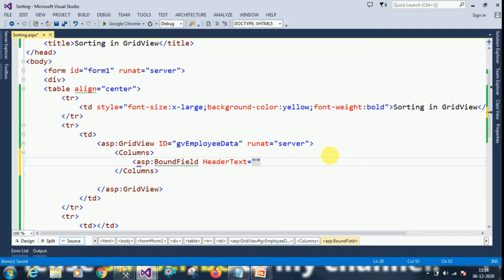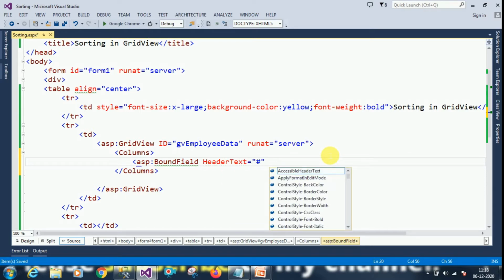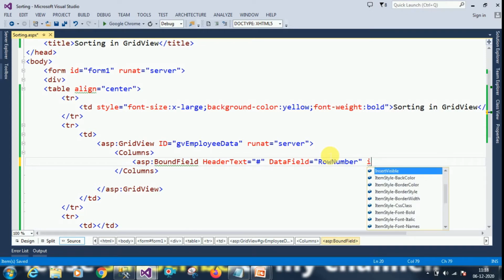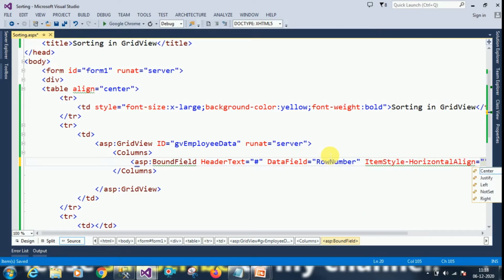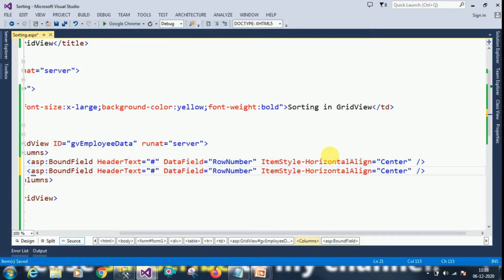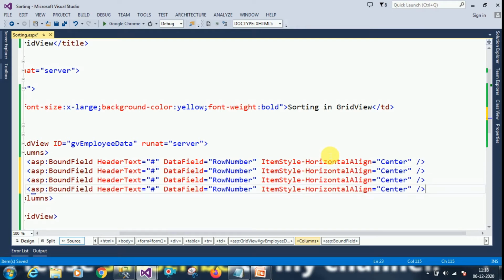For header text, I need serial number here, so the data field name we have to provide. Our data field name should match the data which we are getting from the database. And item style, horizontally I want to set it as center for this column, and I am taking a few more columns here